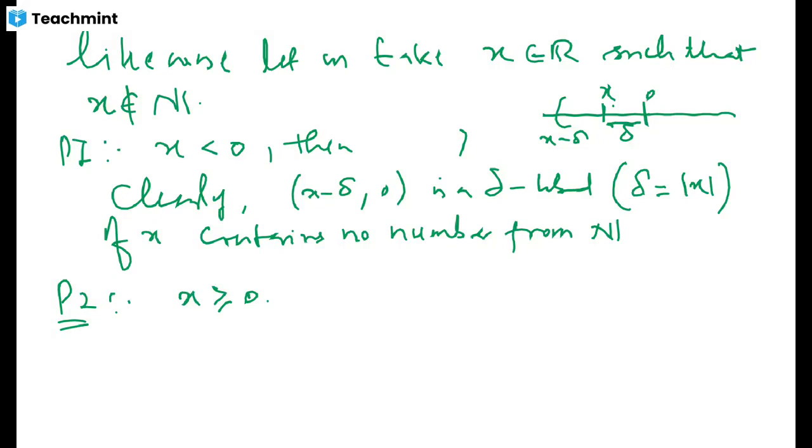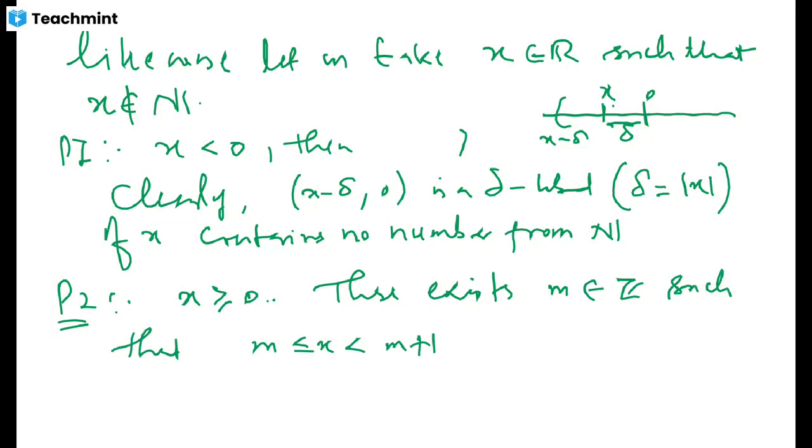So there is a result that we proved in one of our previous lectures, that for any real number x there exists an integer m such that m is less than or equal to x, and this is strictly less than m plus 1. Okay, but if we are taking x to be greater than or equal to 0,